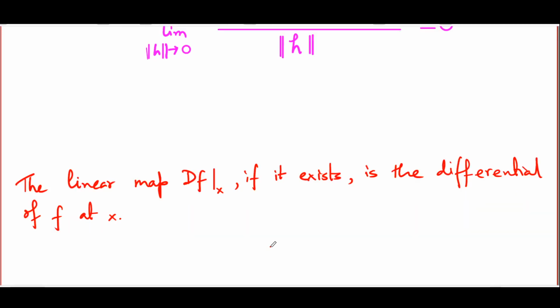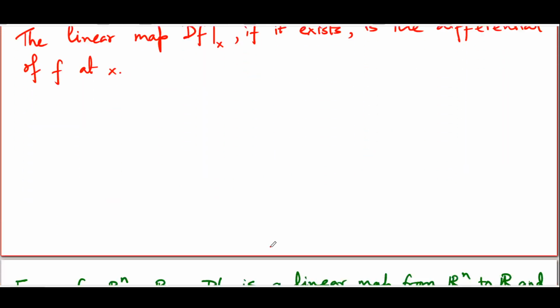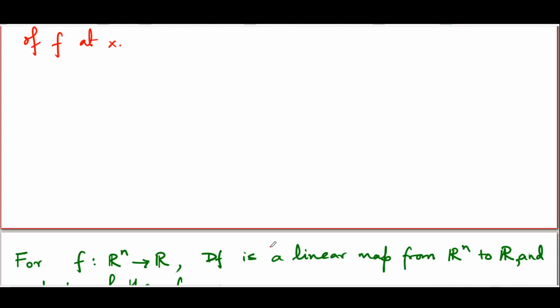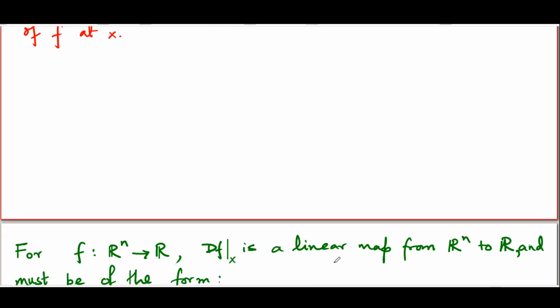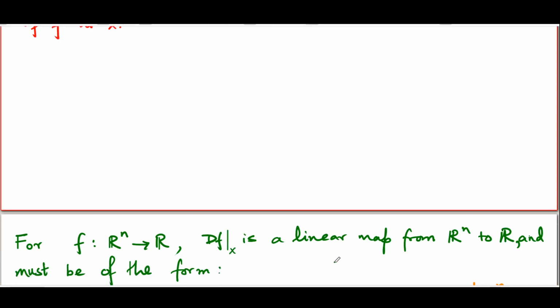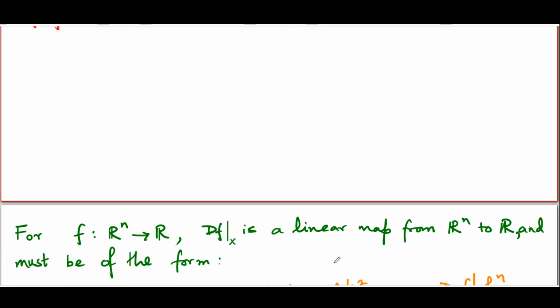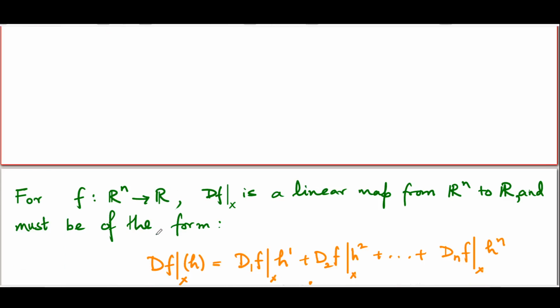Let us now take a closer look at this linear map, and we will begin with a simpler situation where f is a map from Rn to R. It's a real valued function of n real numbers. So df here, or strictly speaking df at x, is a linear map from Rn to R. And any linear map from Rn to R must be of the following form. If you apply df at x on h,